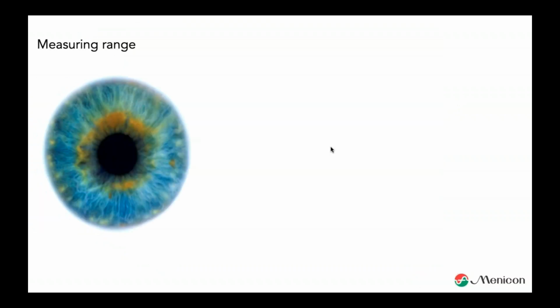Beside that, let's look at two different topographers and the measuring range. The size of the area of the cornea that is measured depends on the topographer. Let's assume that we start fitting in the periphery, or let's say we start fitting ortho-K, and we fit ortho-K lenses quite large on the cornea, around 90% of the cornea. It covers 90% of the cornea.